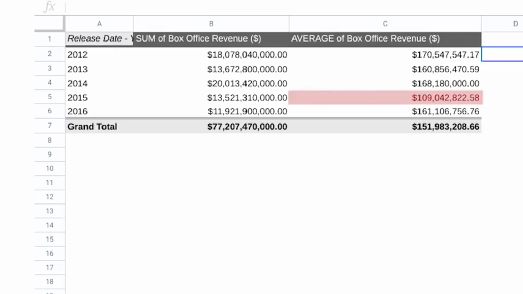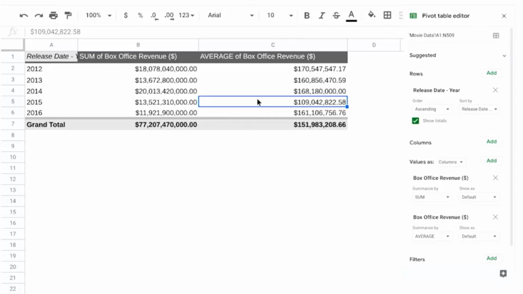We can see that the average revenue in 2015 was much lower than the other years. Since this data stands out so much, let's keep exploring to find out why. Taking your analysis to another level like this is a sign of a great analyst. When you're in your job, you want to answer the questions that your manager and stakeholders ask, but you also want to answer the ones that come up while you're doing your analysis. So let's try to figure this out.